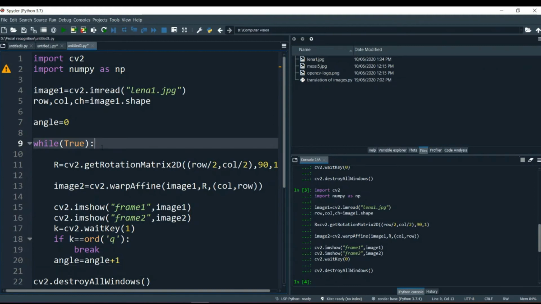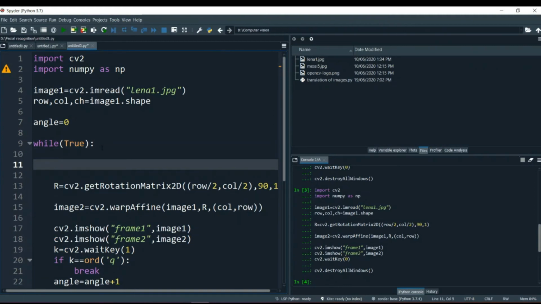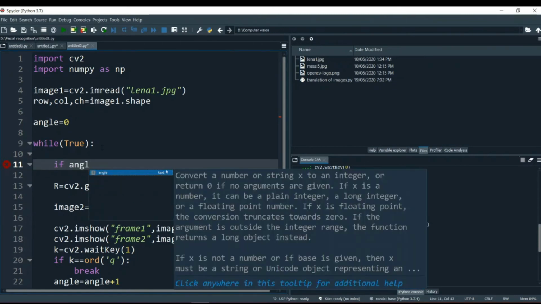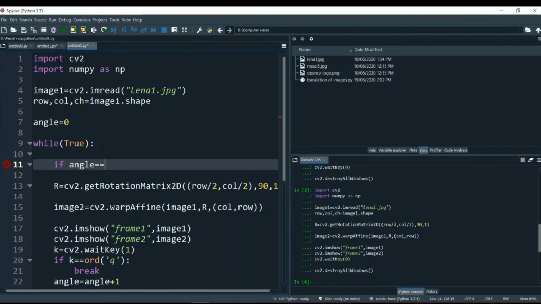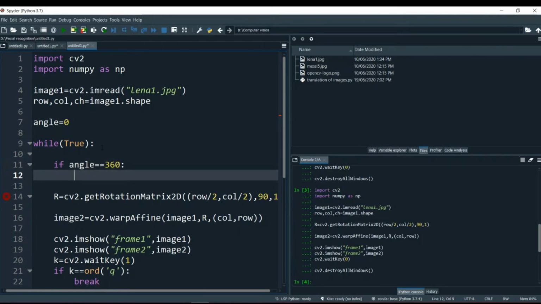So one small thing we have to do is create an if condition over here, that if angle is equal to 360, then make it 0,